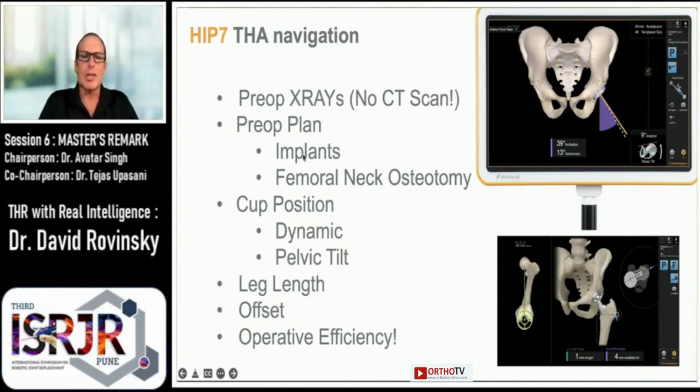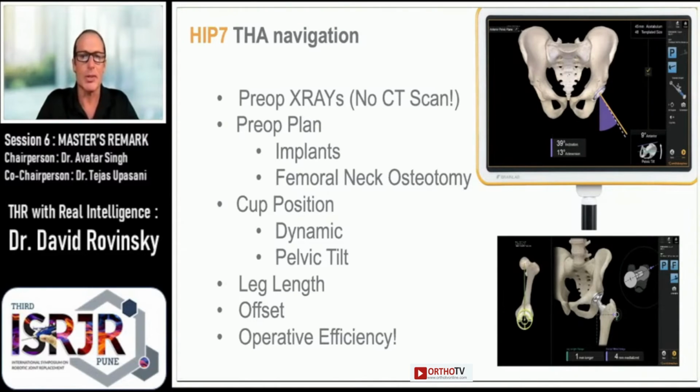The pre-op plan with TraumaCAD gives our implant size and our femoral neck osteotomy. And now we know preoperatively our goal cup position based on the dynamic factors. And intraoperatively, I want to know my cup position, my leg length, and my offset, and I want to be efficient. So you can use this system and you can get a total hip done in about 30 minutes through